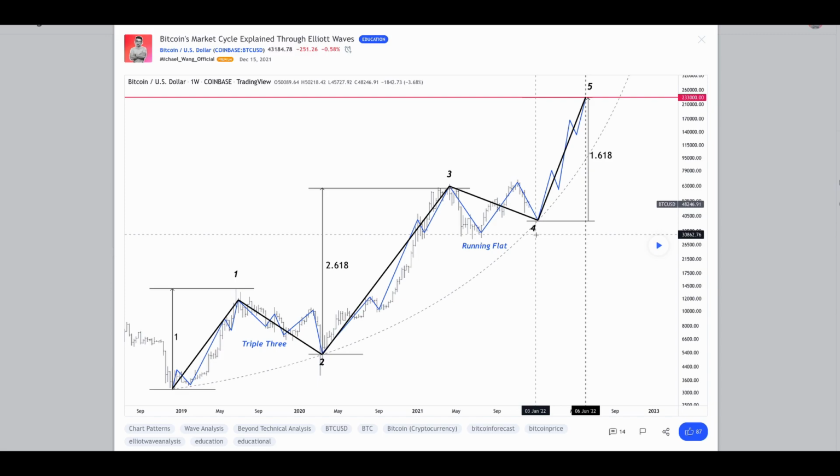But I feel like that is a less probable case compared to what I am seeing. And unless we dump below 28.5K, and until then, I feel like 38K would be a strong region of interest to me. So that is it for today, guys.